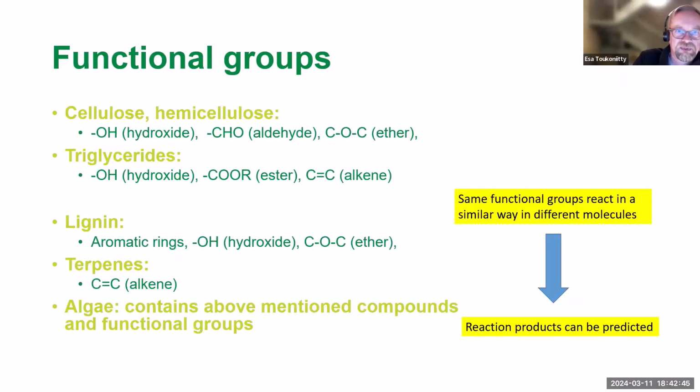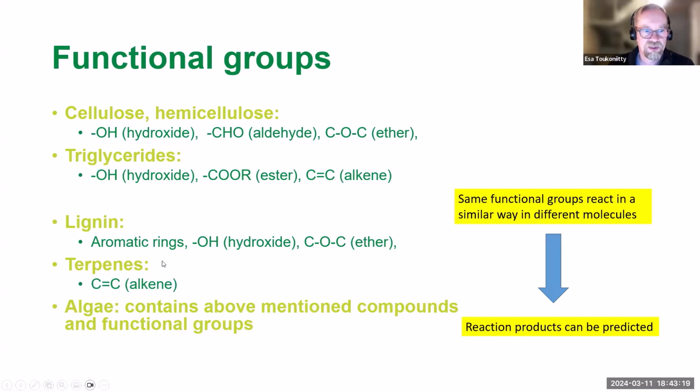So here are the same things once again. So hydroxide, aldehyde, ether in the sugars. Triglycerides are basically esters and might have alkenes. Carboxylic acids, if they break down, hydrolyze, and then you also get that alcohol glycerol part there. So these are potential